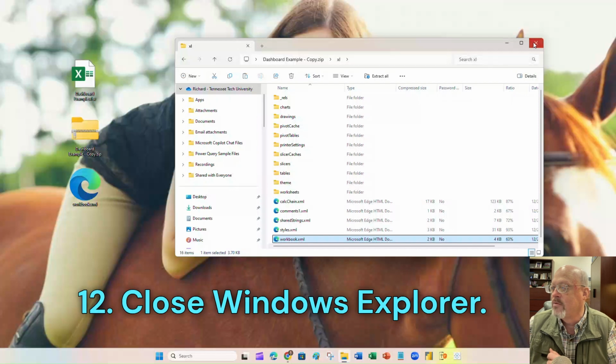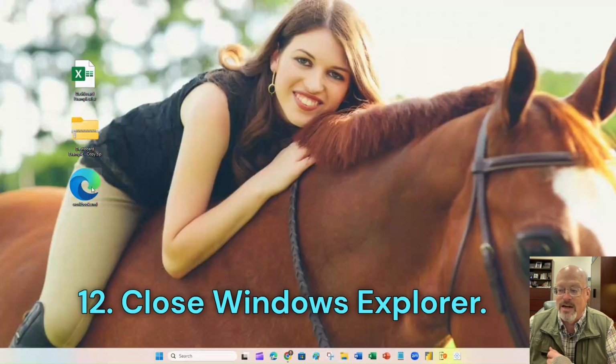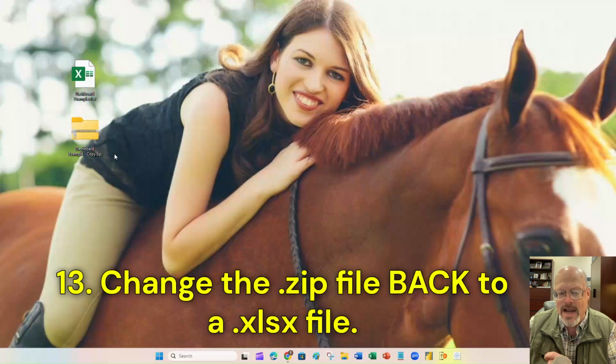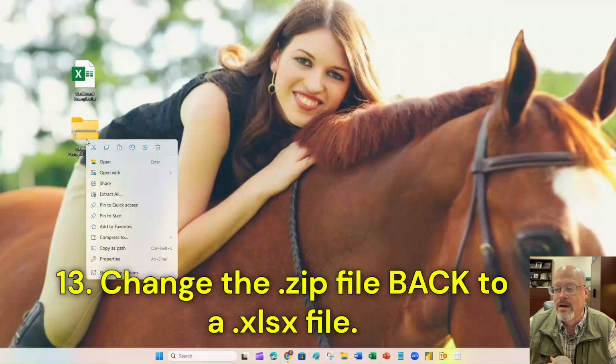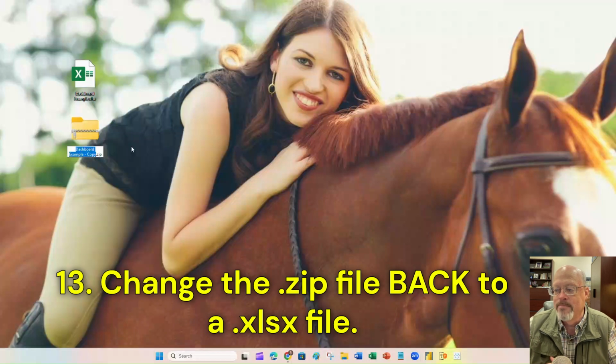I can close this down. I can actually get rid of this. I don't need it anymore. Now, I have managed to edit and change what's in this zip folder. I'm now going to change this zip folder back to an XLSX file. I simply right-click on it. I'm going to go back into my rename. I'm going to go back to zip. I'm going to change my extension here to XLSX. I'm going to hit enter,